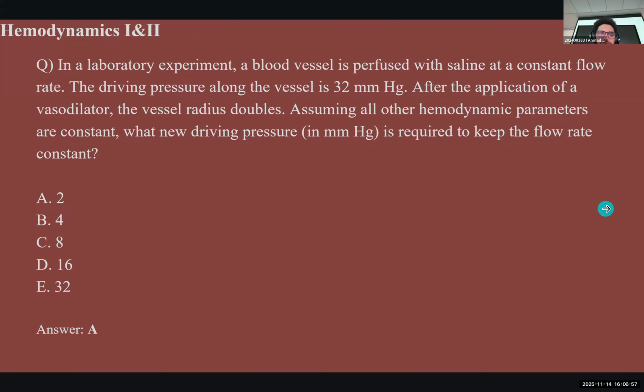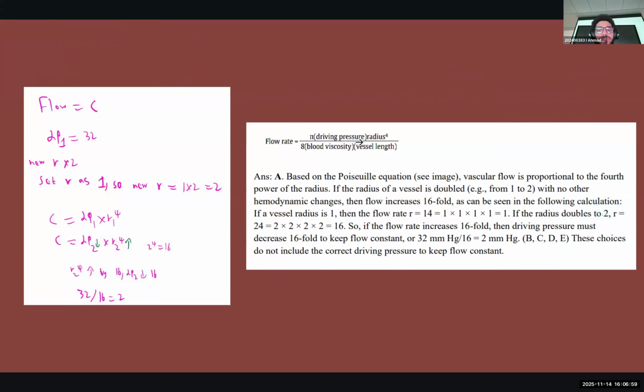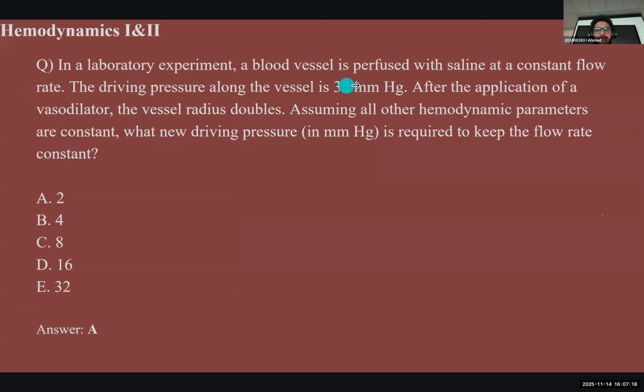So the way to solve this question is honestly a bit confusing, so I'll need you to focus with me. This is the explanation from the book, and this is the way I calculated it. Tamam. This is the formula, Poiseuille's equation. I'm not sure how to pronounce his name, but I'm assuming French scientist. So what I want you to focus on in the question is what was given to us. They mentioned that we've got constant flow rate, تمام?